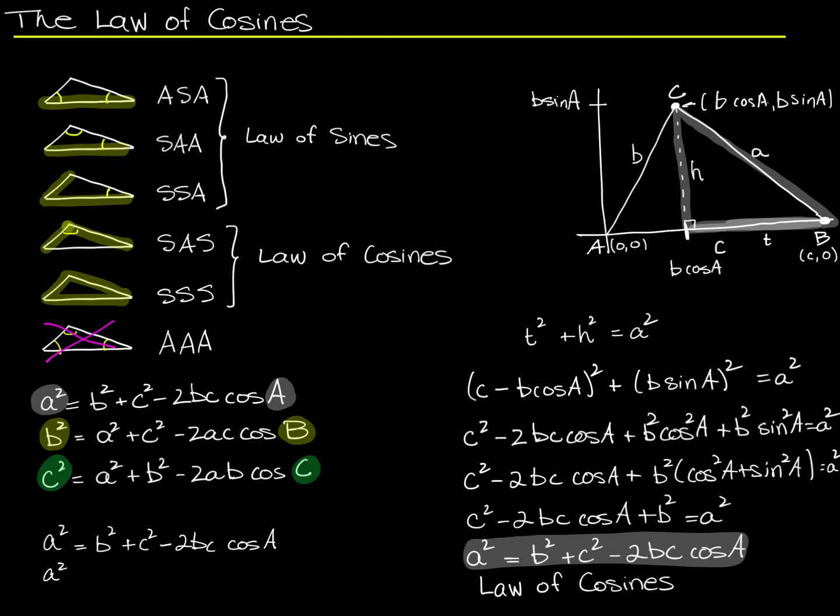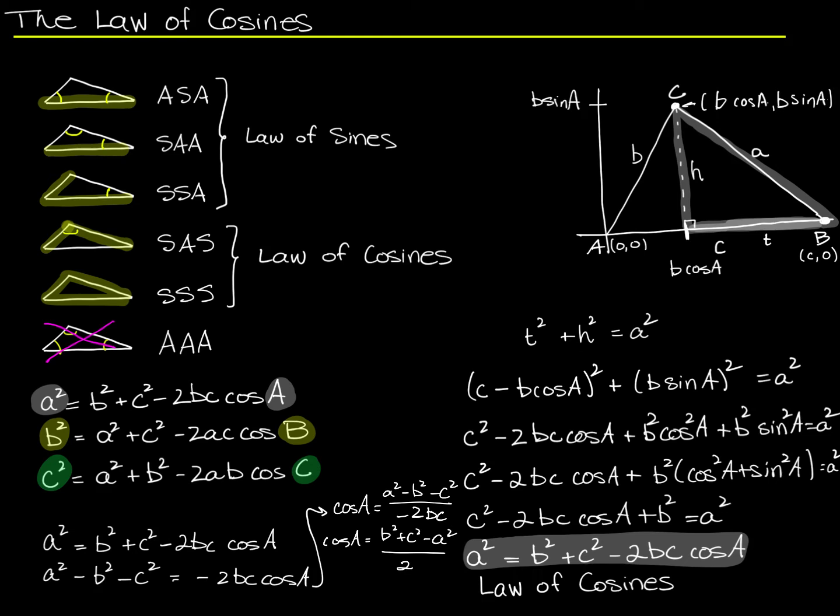So I'm going to subtract b squared and c squared from both sides. That leaves me with negative 2bc cosine A on the right-hand side. And then I'll divide both sides by negative 2bc, which leaves me with just the cosine of A. So I get the cosine of A is equal to a squared minus b squared minus c squared all over negative 2bc, which, if you prefer, you can write as b squared plus c squared minus a squared all over positive 2bc,